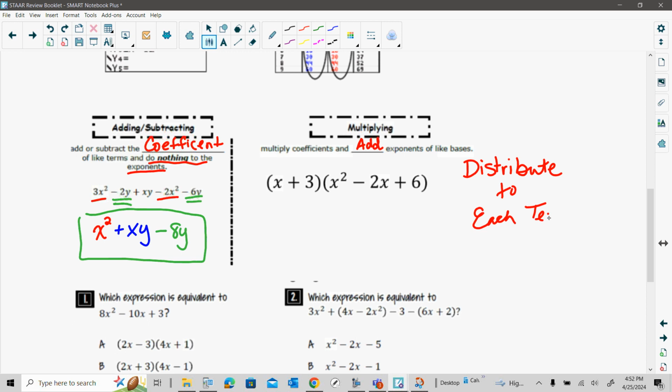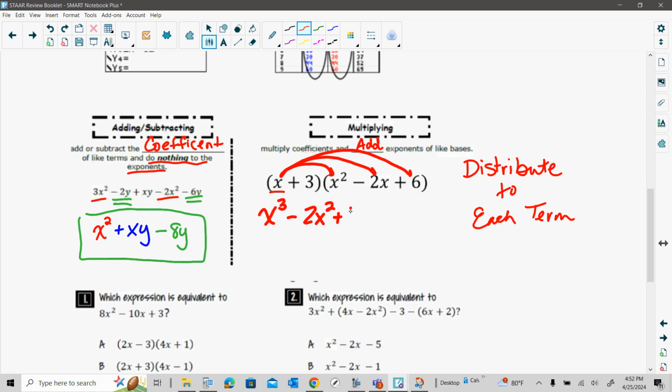All right, so what I'm referring to is like in the binomial here, the first term is x, and I can multiply this x to each term here, x times x squared times my minus 2x times 6x. So when I simplify, x times x squared is going to give me x, sorry, x to the third power, x cubed. Then we get minus 2x squared